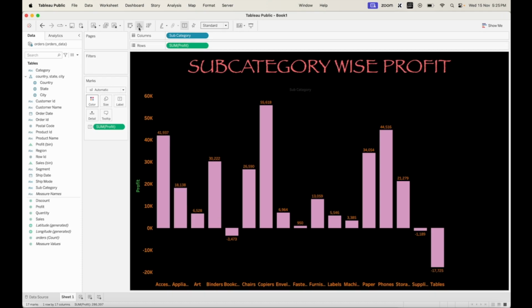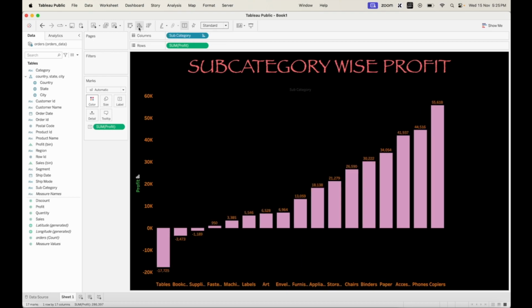And before that, let's do formatting like sorting. Let me just arrange them in a certain order. It clearly shows that copiers is giving the highest profit and tables is giving negative profit. If you want to format the x-axis and y-axis values, just right-click